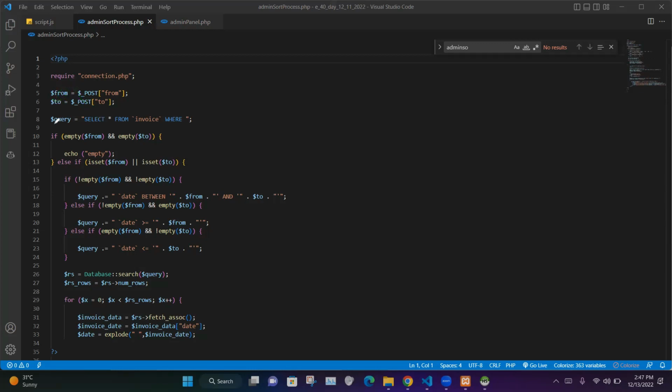In the next line we have created a query as select all from invoice table where, and we have stored it in variable query. Then in here we have checked whether the variable from is empty or not and to variable value is empty or not. If this condition is true, then in here we have given a print as empty. Then in the next line, if this condition is false, then